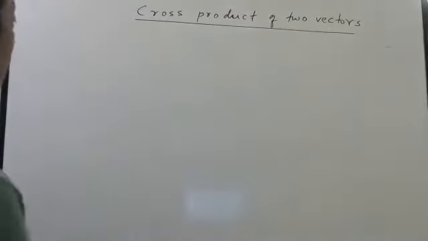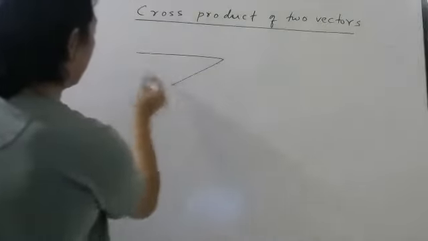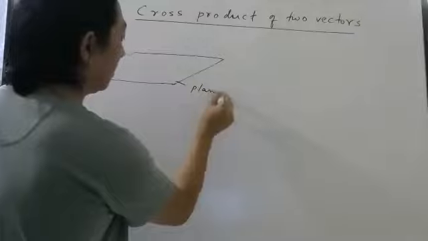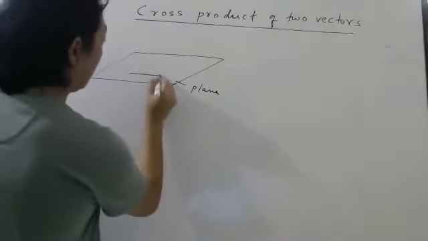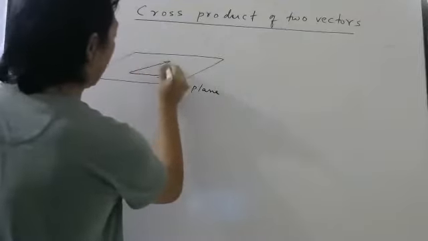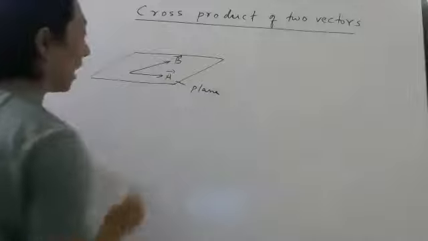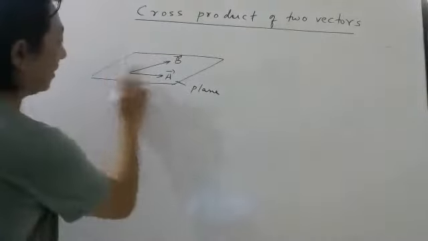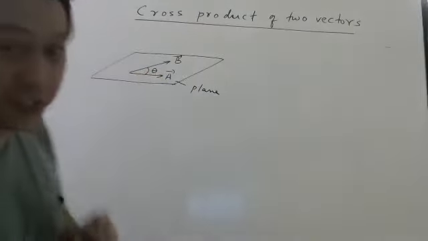So first of all, imagine again two vectors are there. In this plane, like a paper, imagine two vectors are on this plane. Here A bar, here B bar. Why am I drawing this plane? There is a reason. Just wait. Here is A bar, here is B bar. This is angle theta.